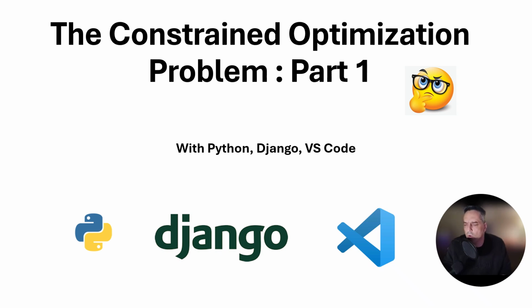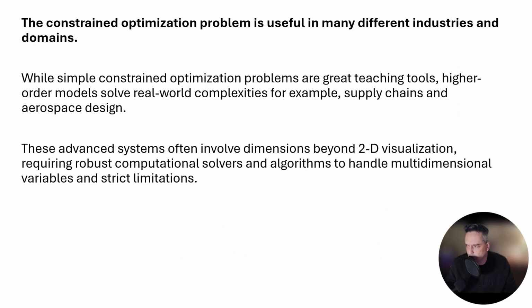But before we go into actually coding, I think it's always really important to understand a bit about the background of the problem we're trying to solve so you have some context. The constraint optimization problem is useful in many different industries and domains. While simple constraint optimization problems are great teaching tools, higher order models solve real world complexities, for example, supply chain and aerospace design. These are just examples, but there are many others. These advanced systems often involve dimensions beyond 2D visualization, requiring robust computational solvers and algorithms to handle multidimensional variables